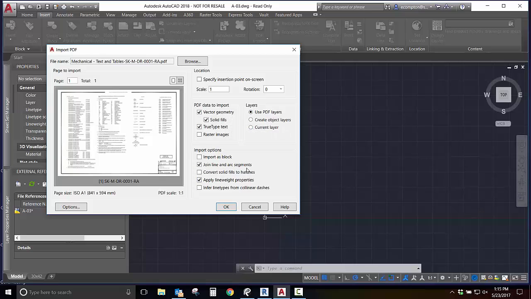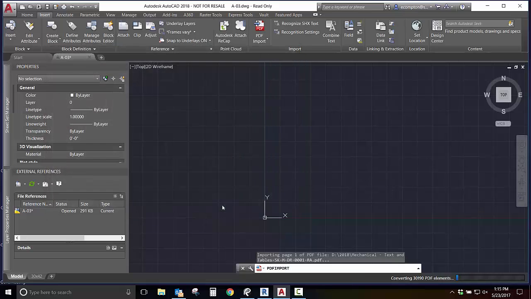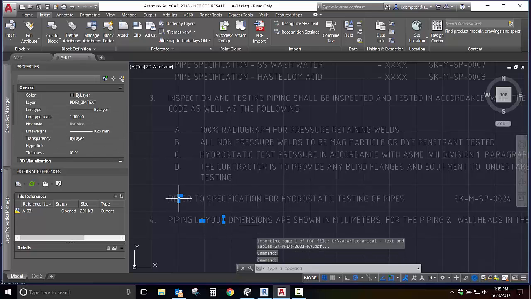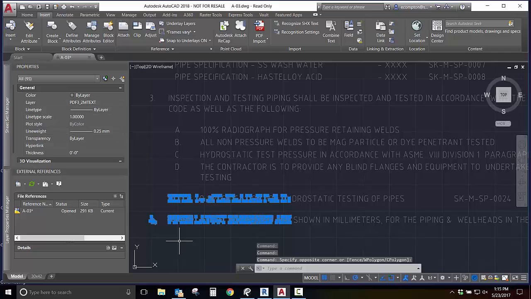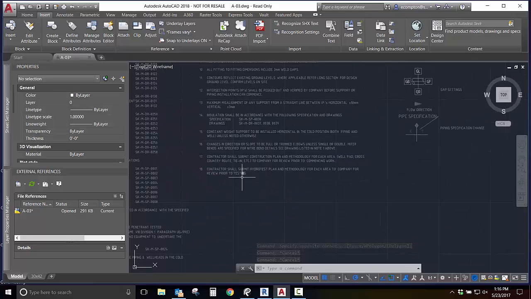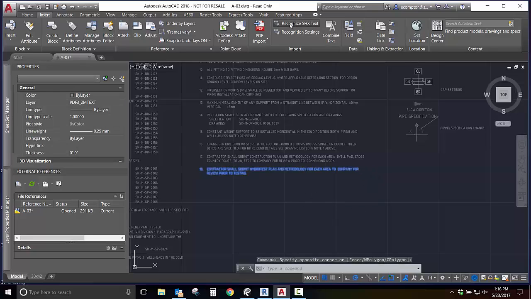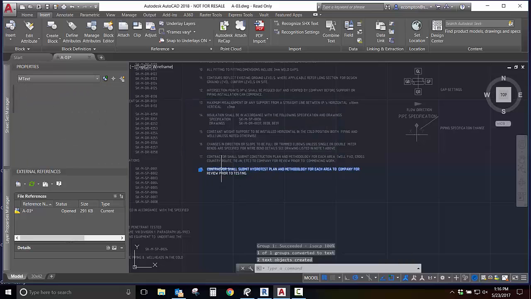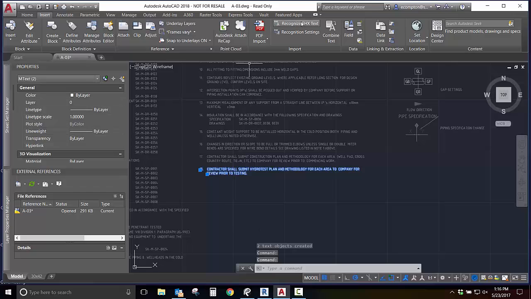Now, you can preview your import and scale your import before processing it. As you can see, the geometry gets converted very literally during the import. But now with the 2018 recognized SHX text tool, we can easily select the geometry and convert to text. Then, with the new Combine Text tool, we can combine multiple text objects into a single multi-line text object for